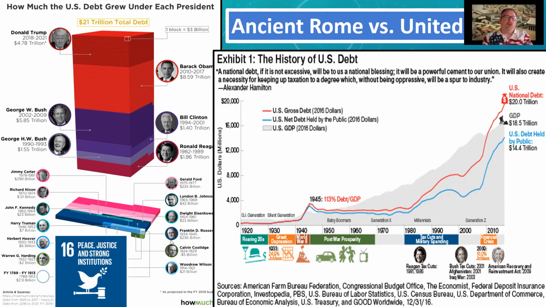So on the right hand, if you look at Exhibit 1, the history of US debt, look going back to 1920, we had very little debt. Then we had the Great Depression right here in the 1930s. But still, we have very little debt. Then 1945, we win the war. Look, that red line goes up, but note how quickly we pay that back and then stay stable all the way until 1980. So our economy is booming, and that's the gray area. Our US debt ratio is going down.